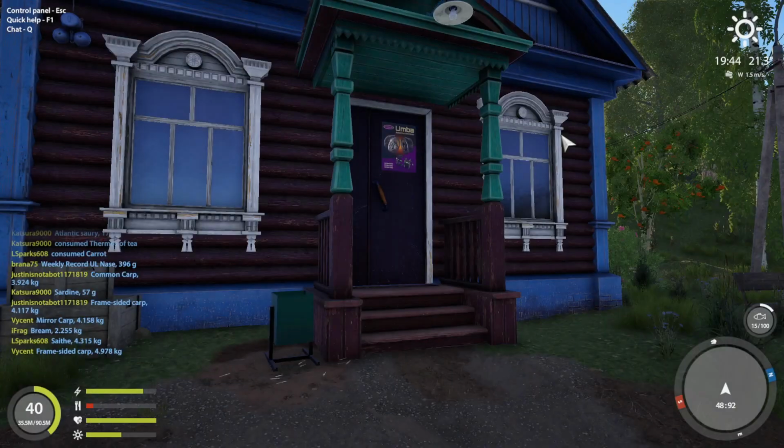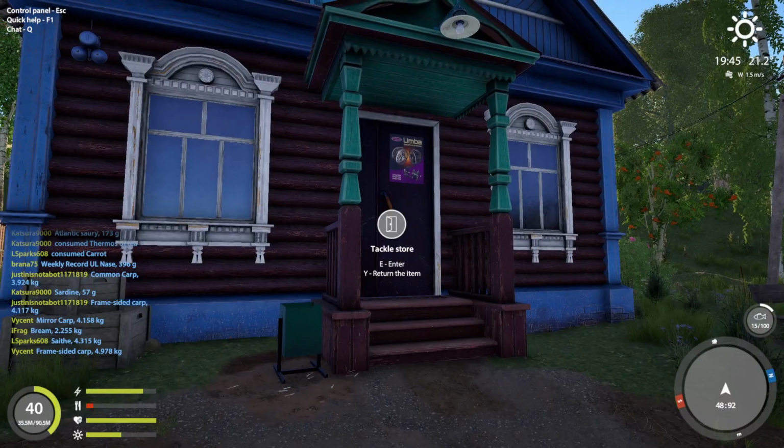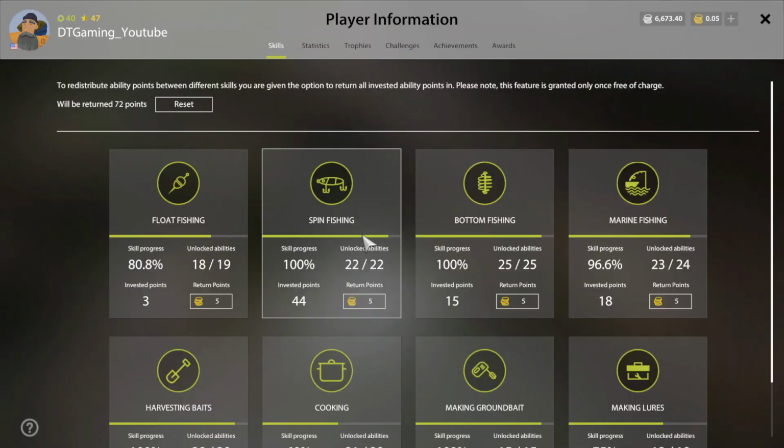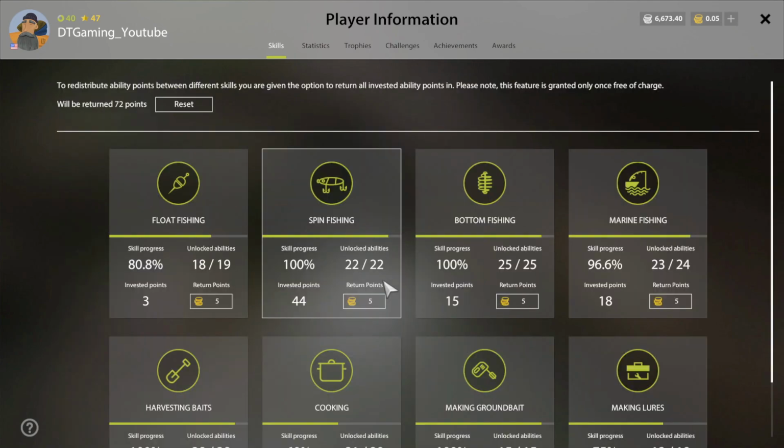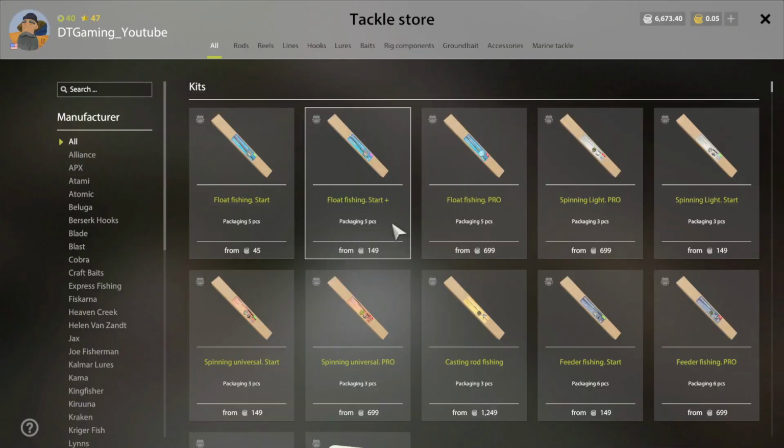And another thing is to use carp rods, you do need to unlock that as well in bottom fishing. And you'll see that right here at this scale. You need to unlock that to use carp rods. Okay. And then the other rod here